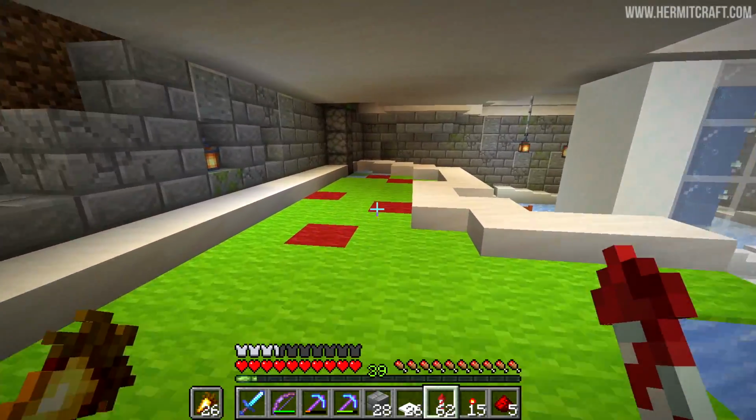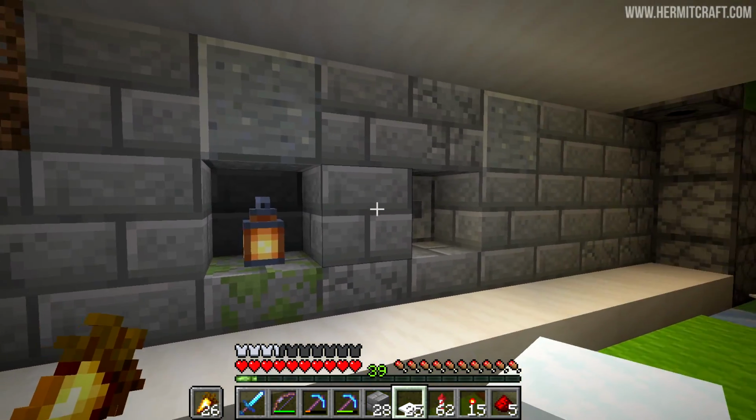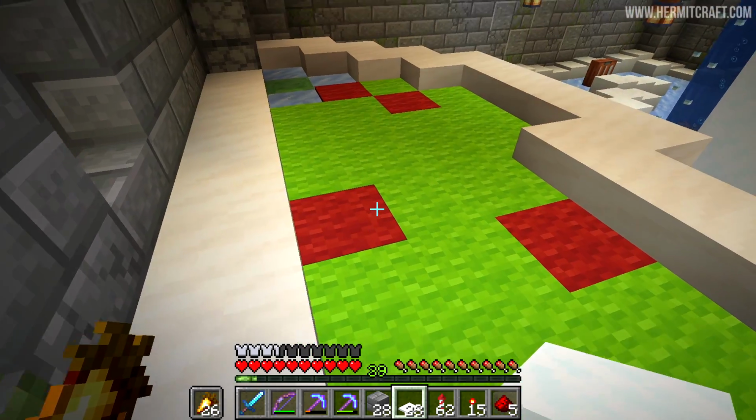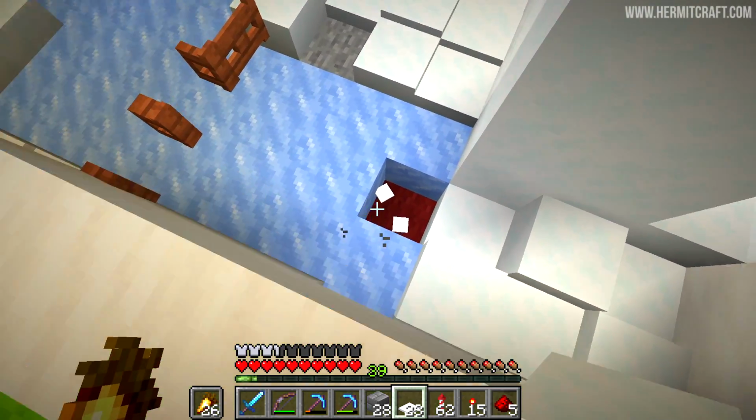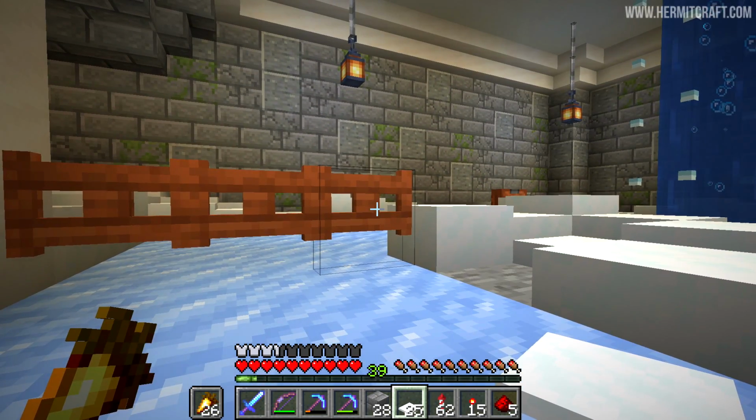So everything here works as it should do. Of course, we've got this over here, which shoots the golf ball to the other side of the room. We've got our red carpets here with hoppers underneath, so they'll pick that out and shoot it out over here, as you can see. So then you take the next shot, and you just got to kind of figure out